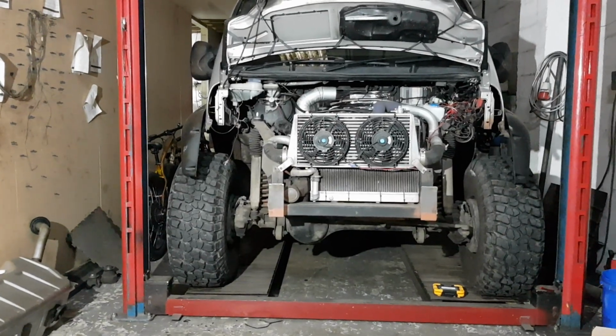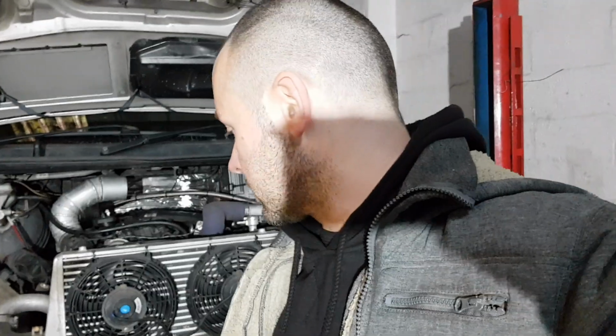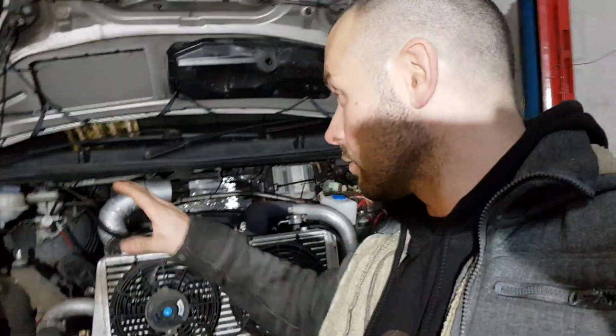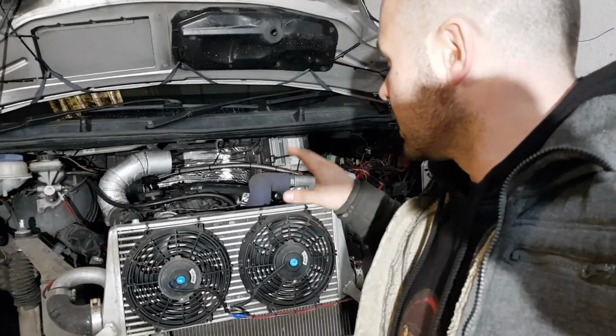Okay, so this is the second video I promised you, and this is my four-wheel drive Traffic on Vivaro, same chassis, Expedition campervan. I'm not gonna go through all the transmission, all the stuff I showed you before. You can see the chassis now, but this is gonna be another video, another topic where there's actually loads going on over there. What I'm doing now, I'm gonna tell you in a minute, but let's go through the engine